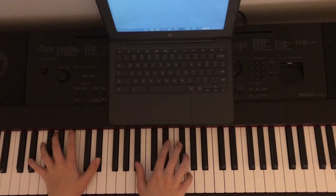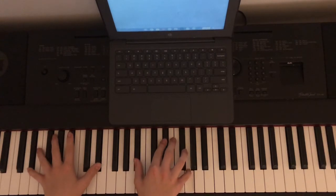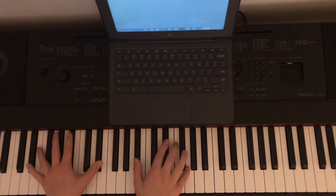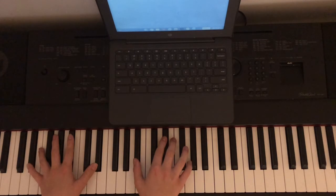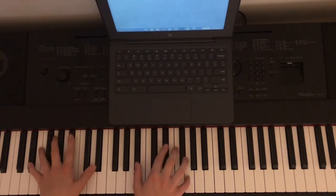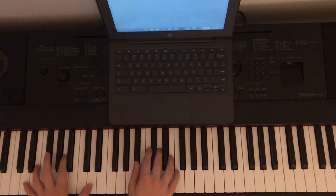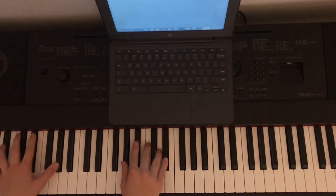So E flat chord with the E flat octave in our left hand. Feel free to add some sustain and some fillings. So you have our E flat 2 times, well actually 3 times. B flat. So then from here, to A flat,